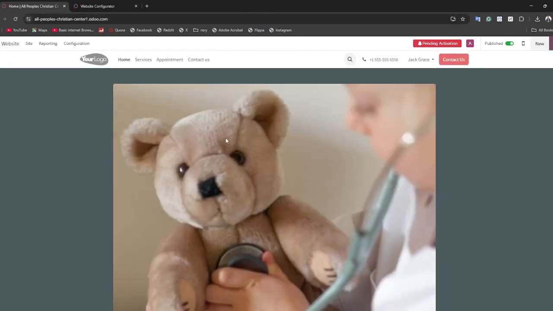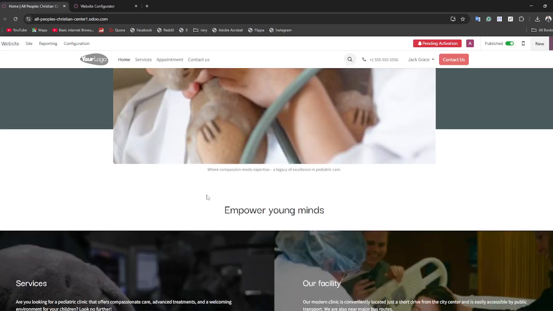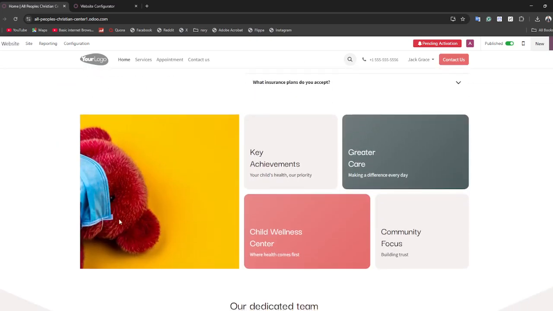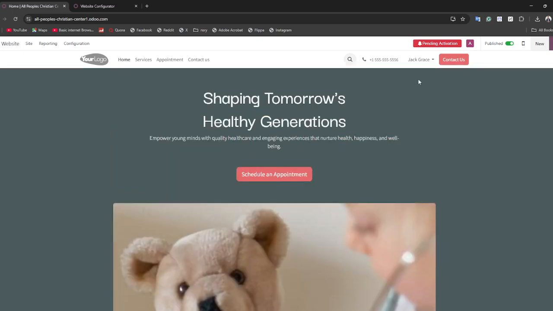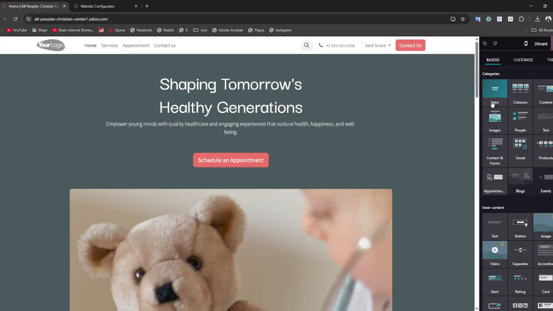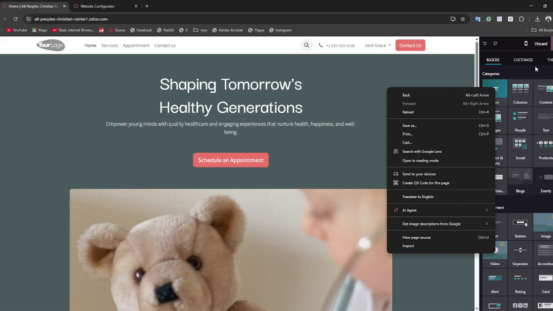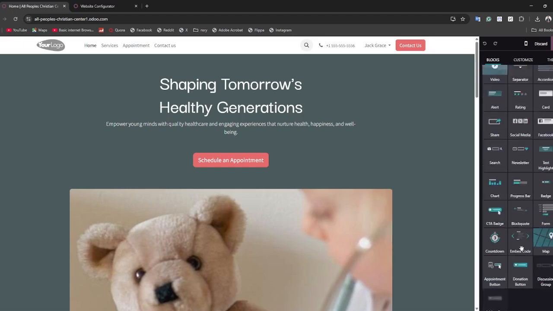As you can see, as I told you, it must be a children-friendly website. So as you can see, there are some teddy pigs and all other things. Now let's say you want to edit them. You can just simply tap onto the edit option. By clicking onto the edit option, you can edit text, images and all other things. You just have to play around with all these options and you will be able to understand how to edit